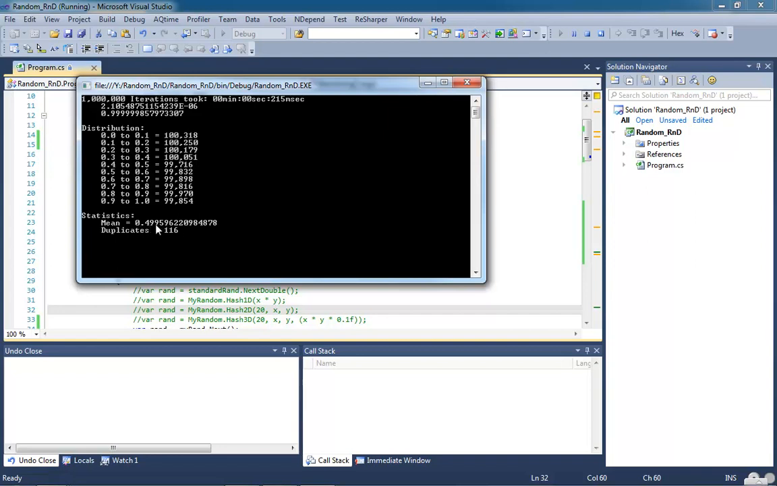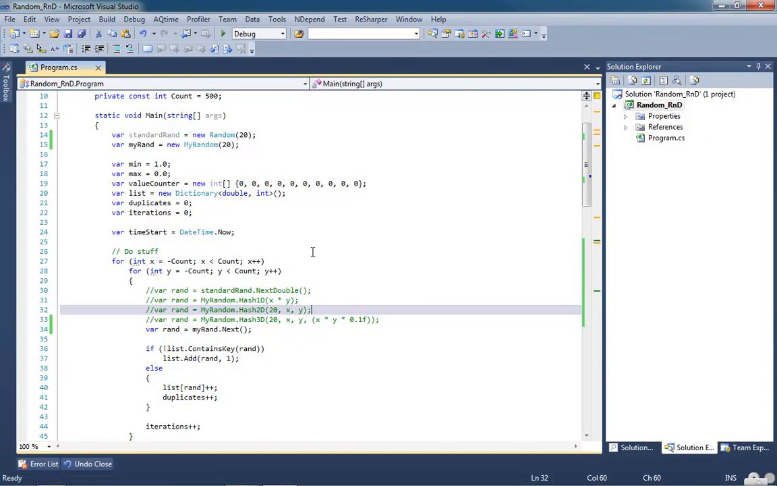Average is just under 5, but fairly close, and 116 duplicates with 1 million operations. Not bad. Now, one of the things that I said I wanted to do, and this is what basically I found by mistake,